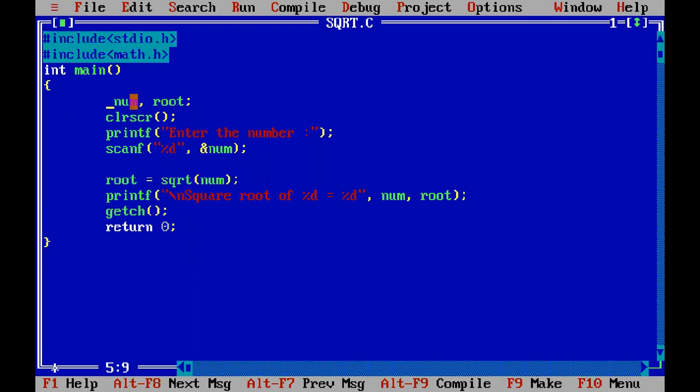I'll later on check what this error is, domain error. I'll check it a bit later. Most probably because it could not calculate the square root of this number. It can calculate, but it will have to return some decimal number, but it is not returning the number. So I'll have to check the error. I'm quite unsure about the error that I have received now. That I will check and let you know in the next class. But for the time being, let us just discuss for float only.